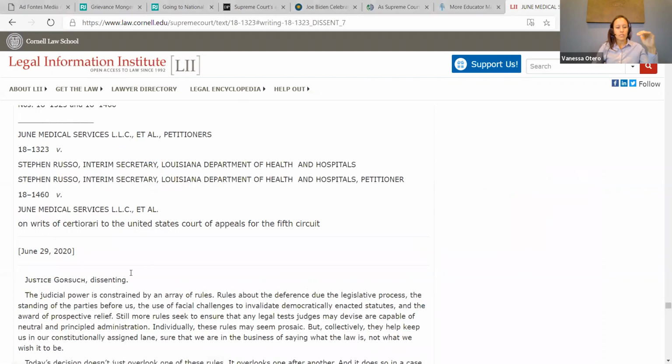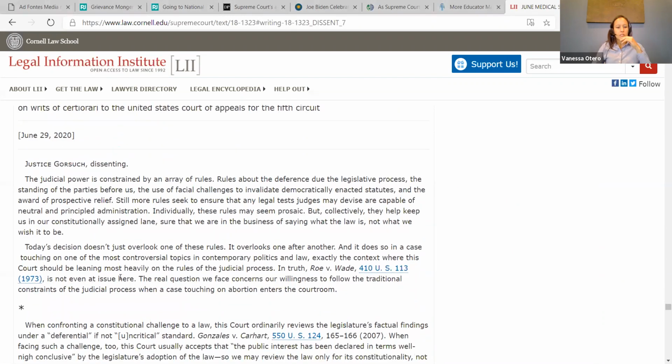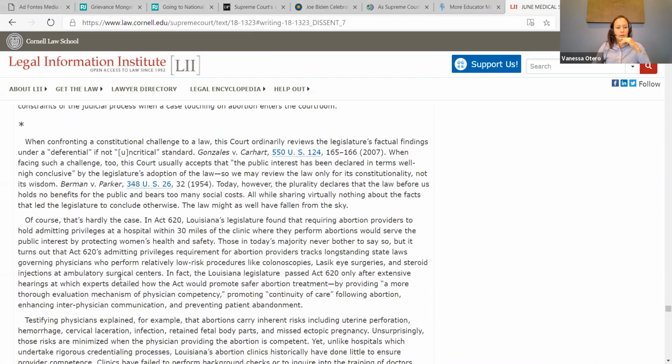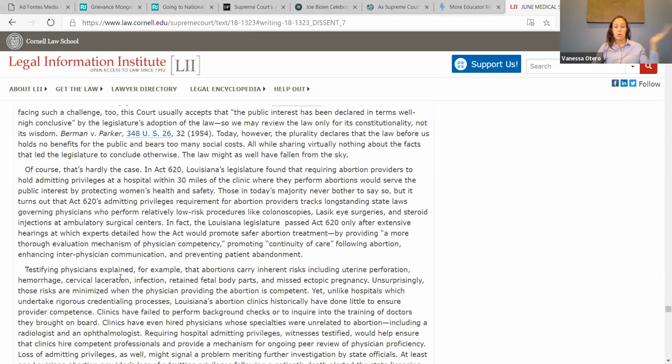Let's go down to the Gorsuch dissent. Okay, just scanning. All right, I think we found it. I looked this up before. I cheated. So: testifying physicians explained, for example, that abortions carry inherent risks, including uterine perforation, hemorrhage, cervical laceration, infection,